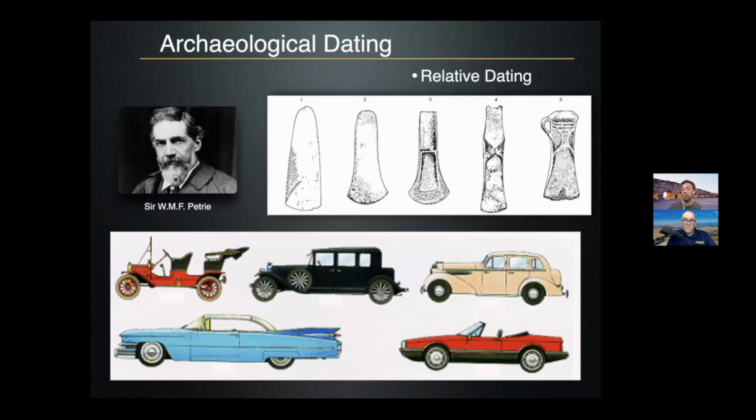And then we go to historical documents to say, well, when did he reign? Oh, well, according to Egyptian records, he reigned in the late 10th century. Now we can go back and say this pottery that we have been trying to figure out and date, we can say that at least it occurred in the 10th century. And then we can figure out, okay, what comes before, what comes after.